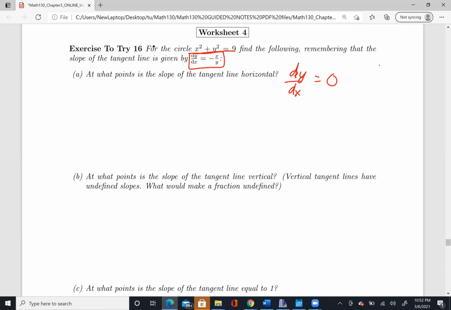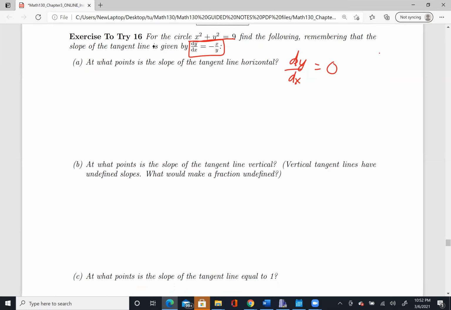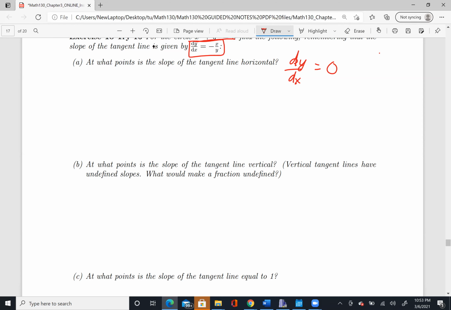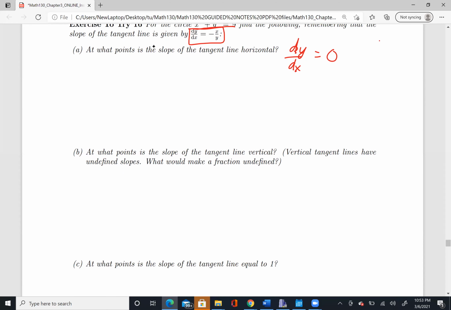Go ahead and do it. If you still cannot do it, let's talk about it in class. For part B, at what point is the slope of the tangent line vertical? For the vertical tangent line, it's going to have undefined slope. So remember that undefined slope